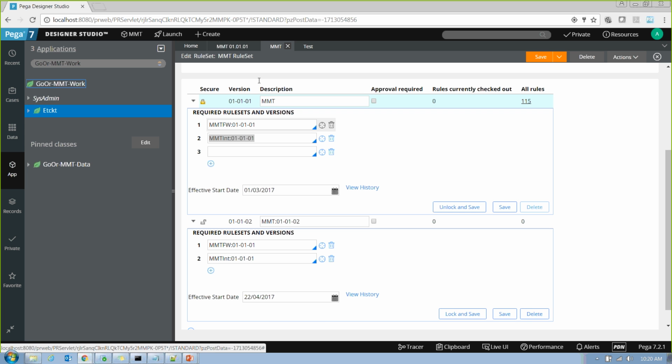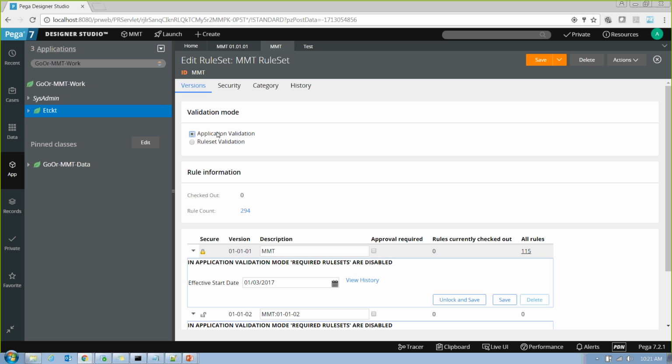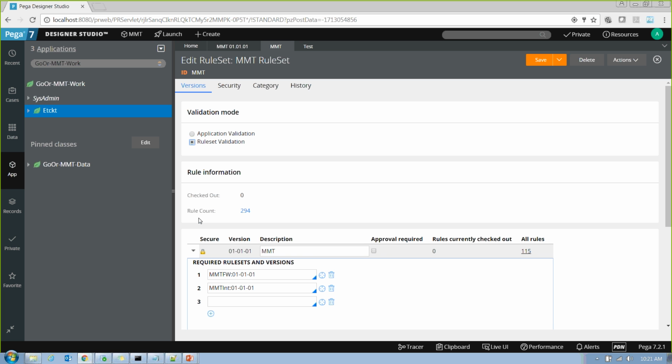Okay, if you want to consider application stack order, we need to select application validation. So this is the advantage of application validation. If you target a particular version for the rule set, it will take the highest version in application validation. Every time you create a new version, you have to tell Pega, hey, this should